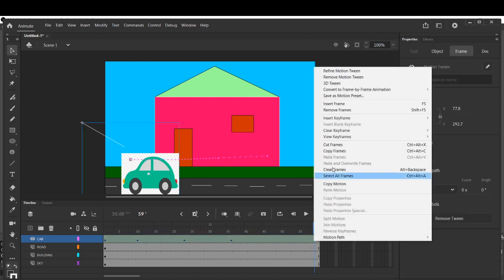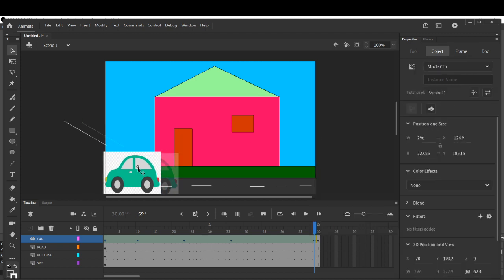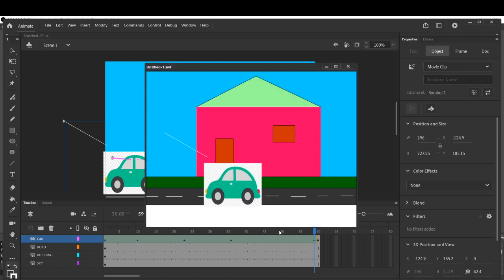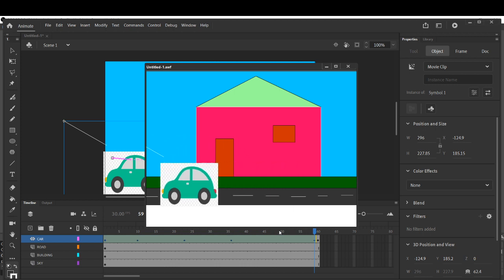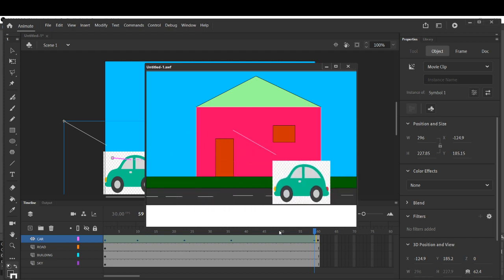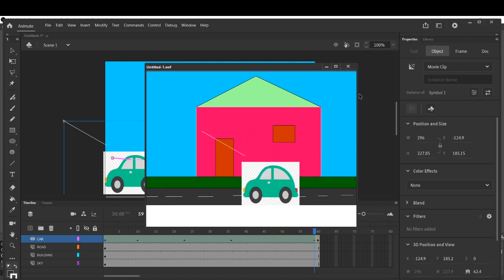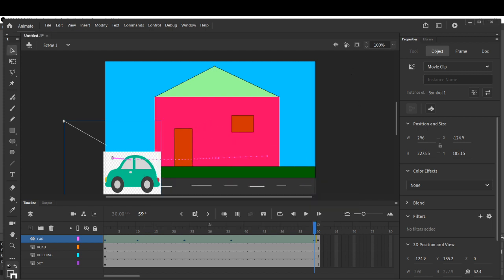And here at the last playhead right click, insert keyframe and position, and now drag it. So see that it's changing now. So now when you play it, Control plus Enter, the car will move. The car is not moving as properly as earlier because of the positioning. So you have to set the position, you have to adjust it properly so that it will move properly. Okay, children? I hope it is clear.